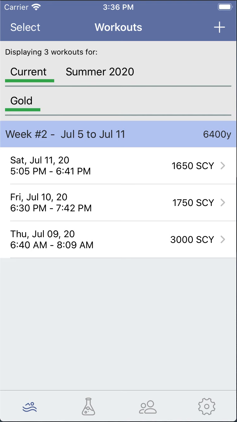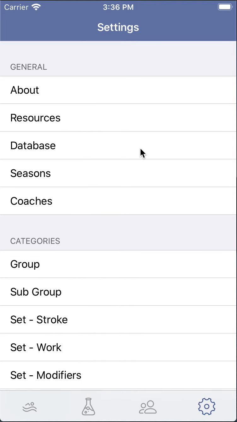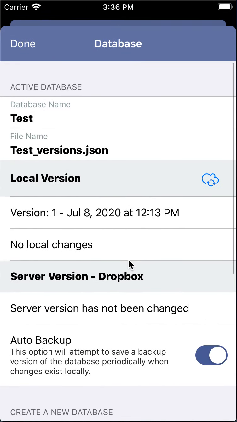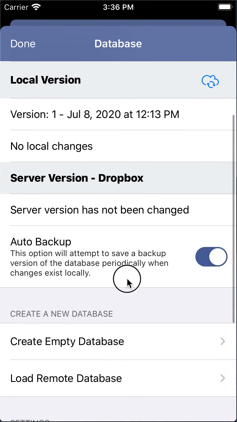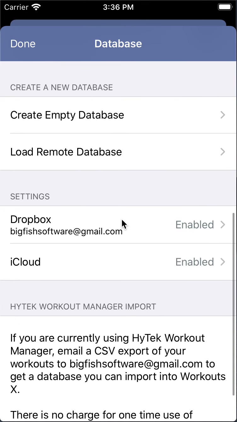Of course, if you've been using the app for a while, you already know that we have some nice features to share databases between different coaches or different devices that you may own. That's done from the settings screen. And going to the database option, what I can do to easily share databases is I can